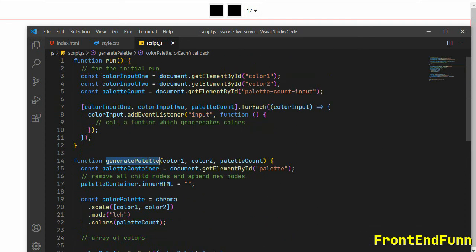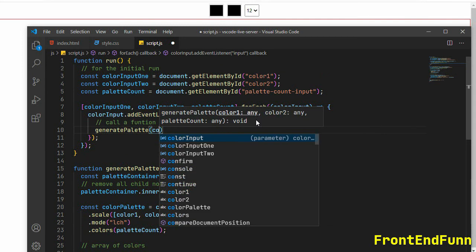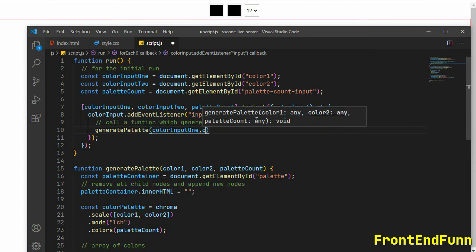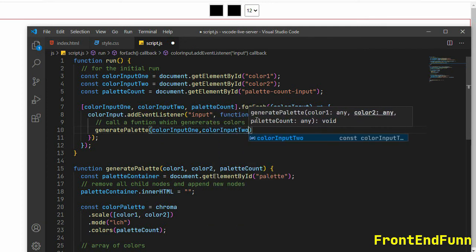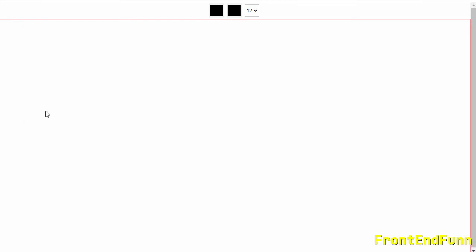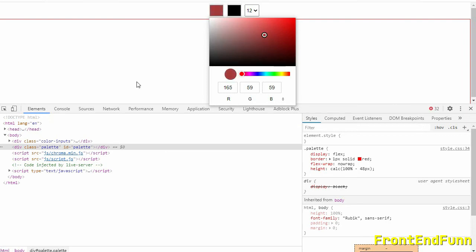So let's call this function generatePalette and pass the variables here. So colorInput1 and colorInput2 and the palette count. So let's see, it seems there is an error here.